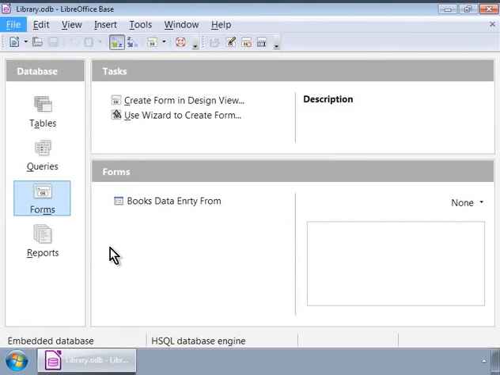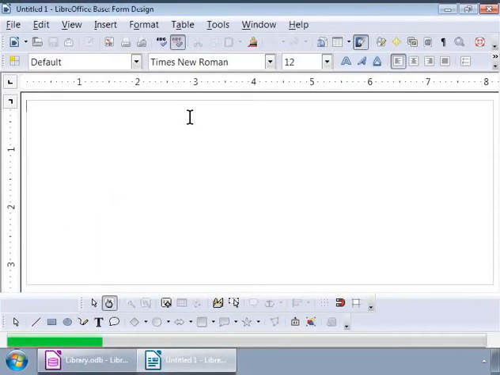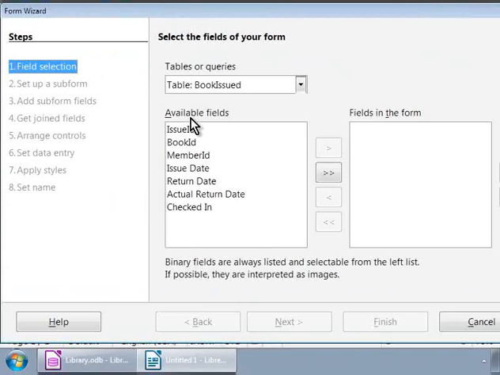Let us go to the LibreOffice Base main window and click on the Forms icon in the database list on the left panel, and then click on Use Wizard to create form. This opens the Forms window and the now familiar wizard on top. We have already gone through this wizard in detail, so we will proceed quickly with it now.